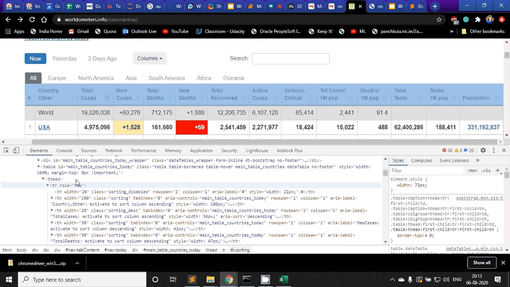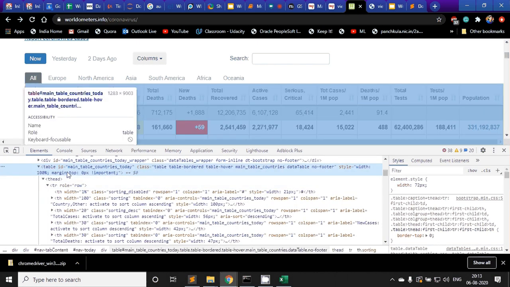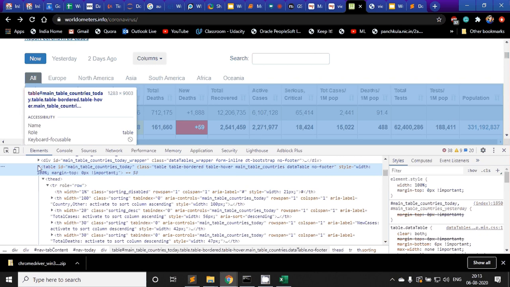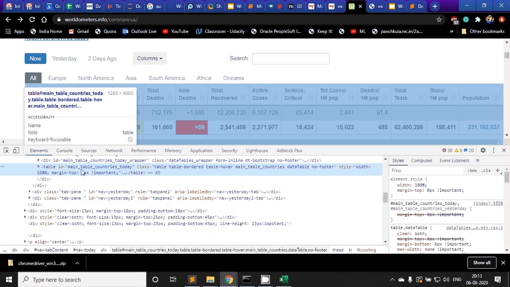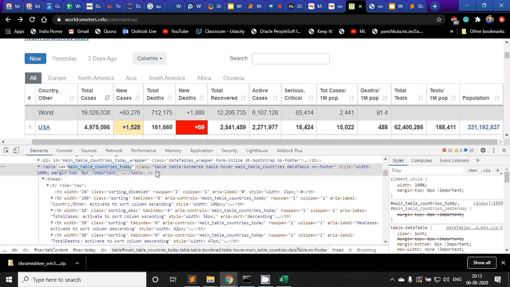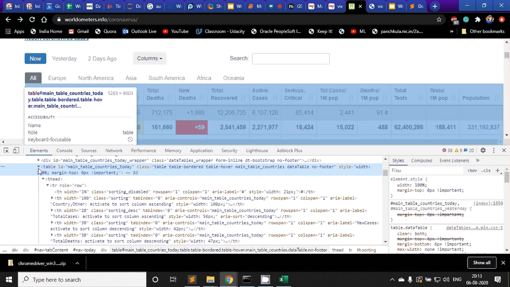So I'm currently forming a strategy. My first step is to fetch this table, and when I have that, I can easily manipulate it and extract the data after parsing.